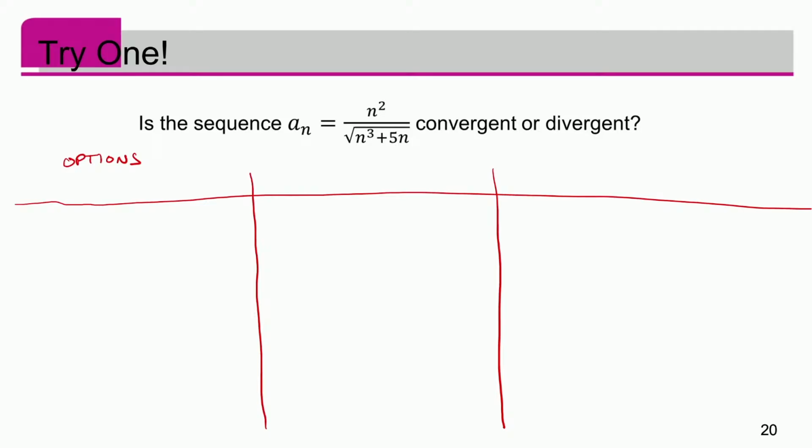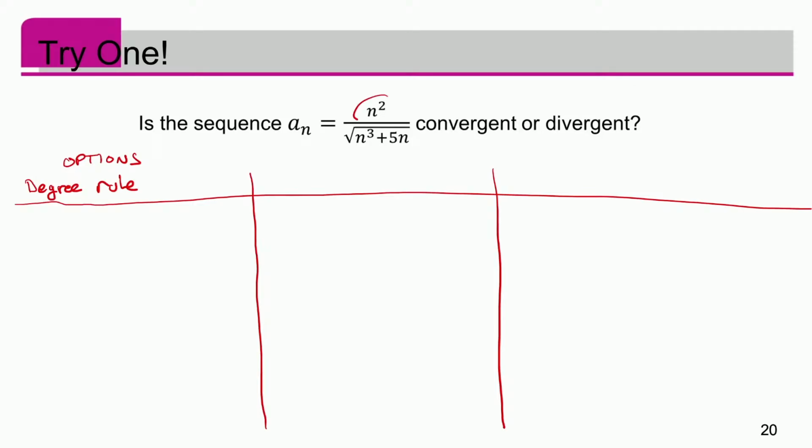All right, let's see. Find a volunteer. Andrew, what do you think? Did this converge or diverge? It diverges. Excellent. How do you know? Okay, you're going to use the degree rule. That was going to be my first option, is you use the degree rule, but here you have to sort of massage it a little bit. So the degree rule,